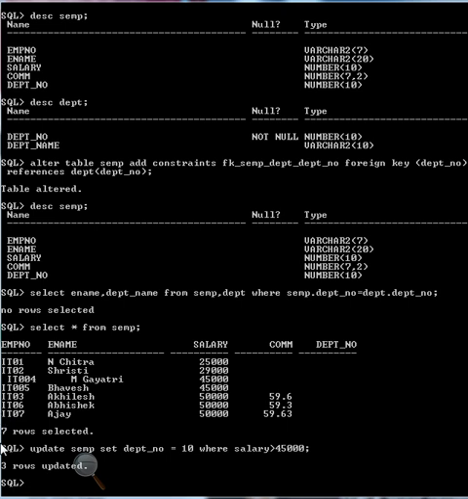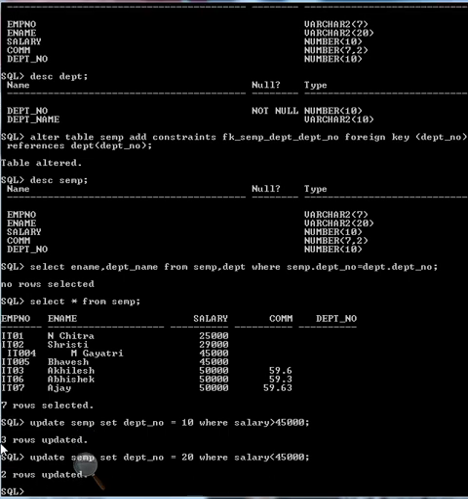So 3 rows updated. Again, when salary is less than 45,000, department number should be 20. So here we have defined it.